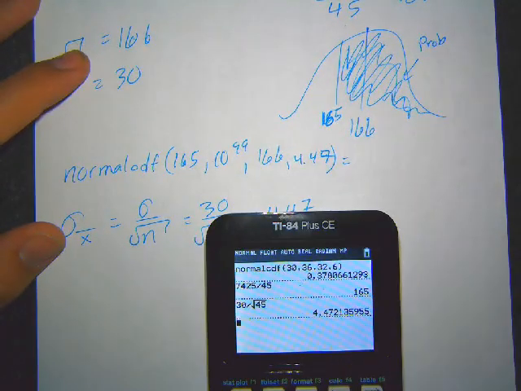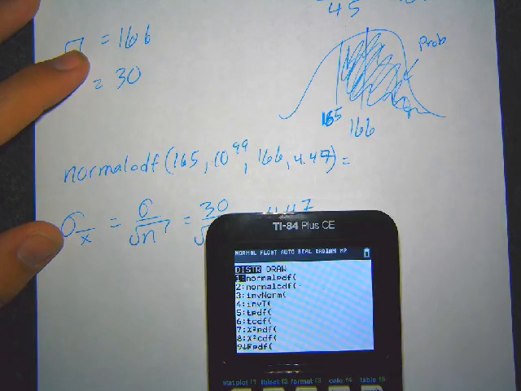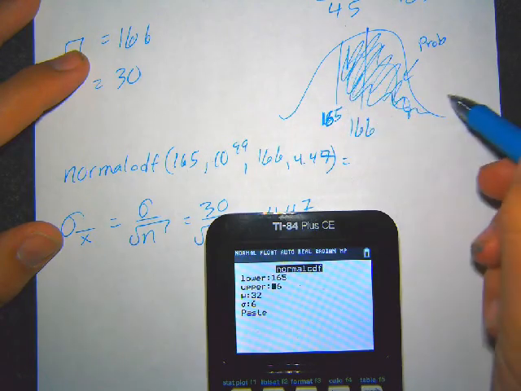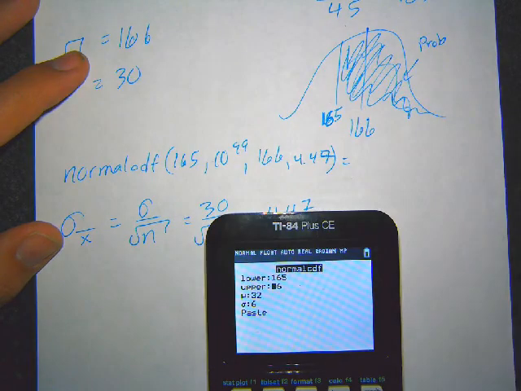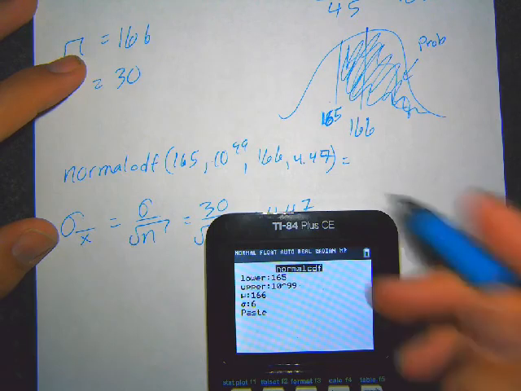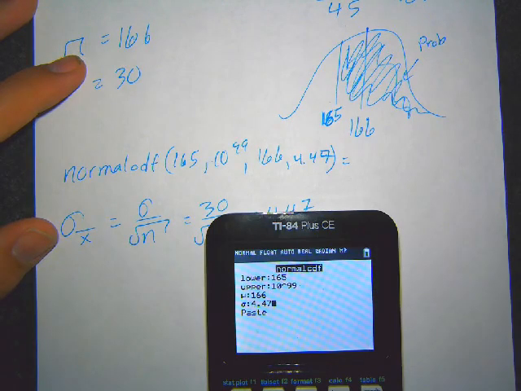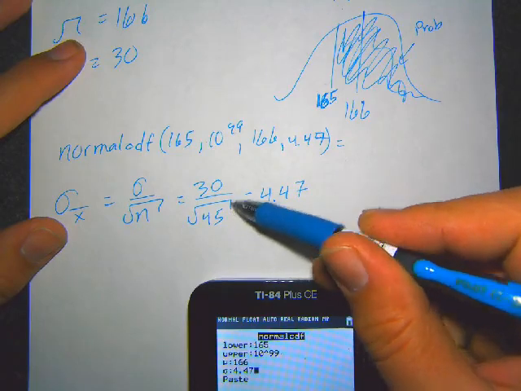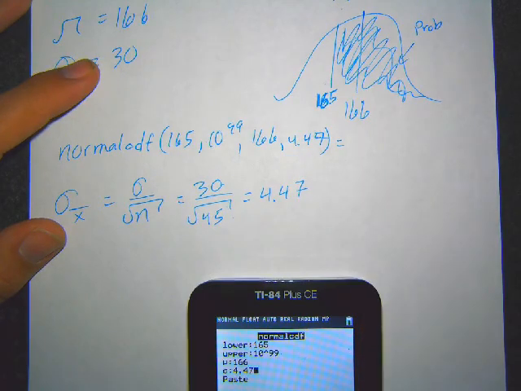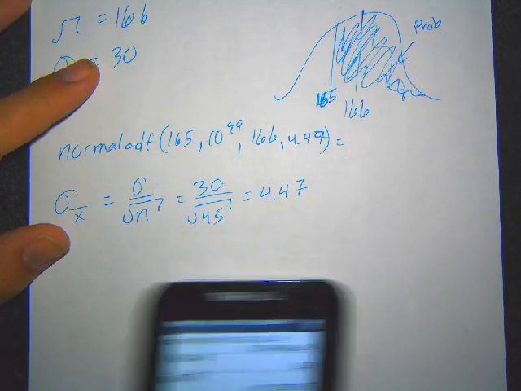So we can do normal CDF, so second distribution, normal CDF. The lower limit is 165, because again, anything below that's okay. So we're looking for the bad region, so 165 or bigger. The upper region is 10 to the 99th. I'm just using a really big number, right? 10 to the 99th is just really big, so we get all our values. And then the average weight is 166, and the standard deviation for this group is going to be 4.47. Again, because we had 45 people, and we took our original standard deviation and tweaked it to get the new standard deviation based on having 45 people. All right, put that in there, and we get